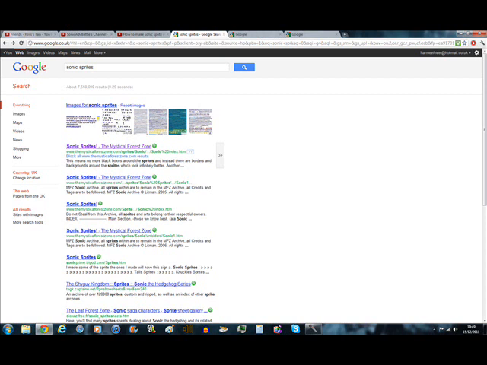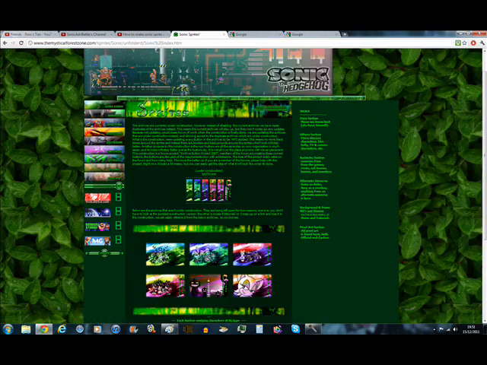Okay, the first thing you have to do is type in Sonic Sprites on Google and click on the first link in the page you see on the screen, which is called Sonic Sprites Mystical Forest Zone, and here you'll find basically all the sprites you'll ever want. For me, I normally go to the main ones because they're more original and much easier to use, to be honest. The others are just way more complicated. And other people have even made fan characters, which is quite interesting. So yeah, anyways, you click on the main section for starters, and